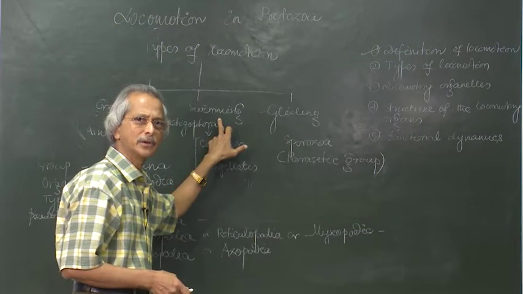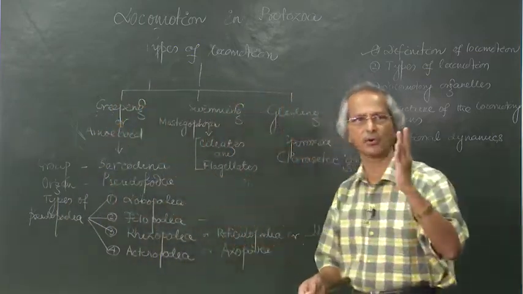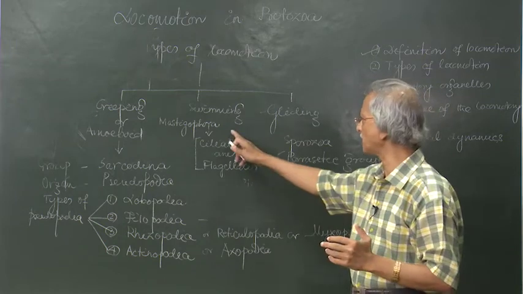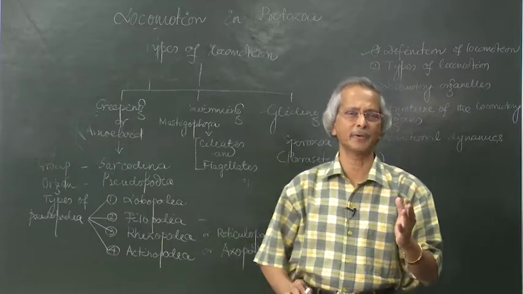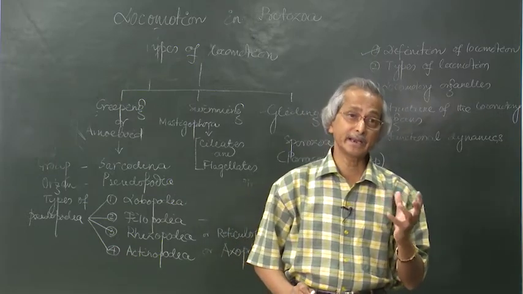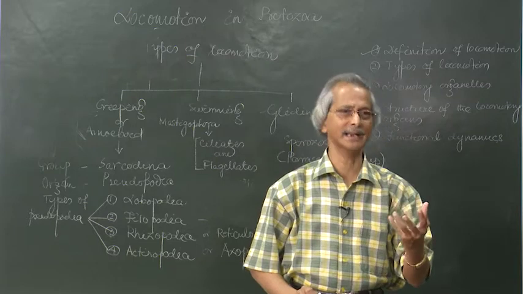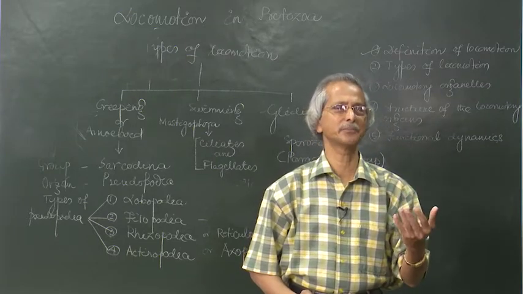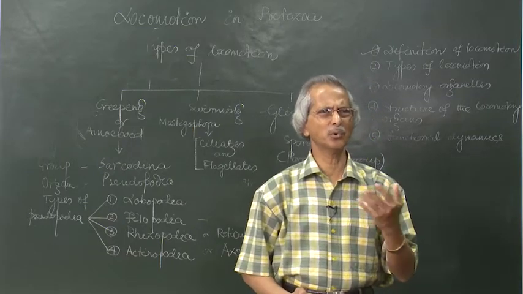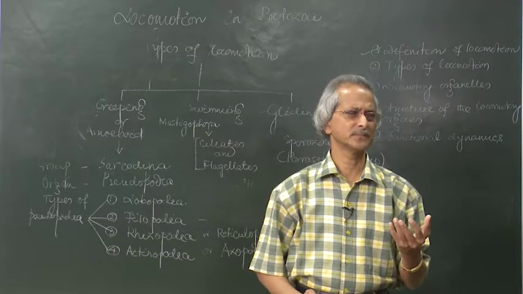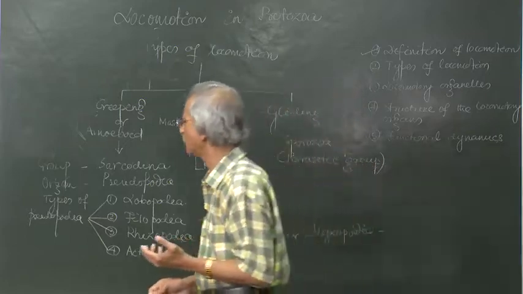Let me try to tell you one thing more emphatically. The first category of movement is found in the group Sarcodina, whereas swimming type of movement is found in ciliates and flagellates. Means in the second category of movement you will find some specific, critical, complex structures present in animals like cilia and flagella, and these cilia and flagella perform the swimming type of movement, which is found in both ciliates and flagellates, and mostly this particular group is called Ciliophora or Mastigophora. Mastix means, I have already told you, mastix means